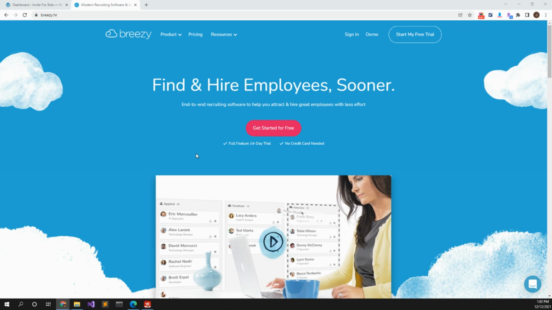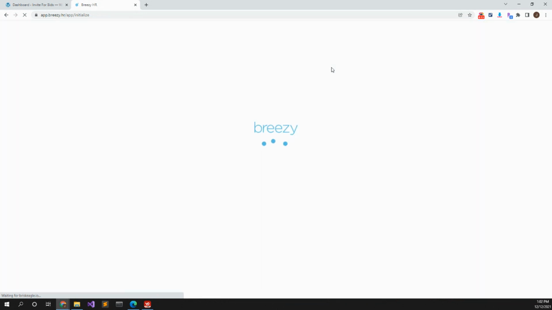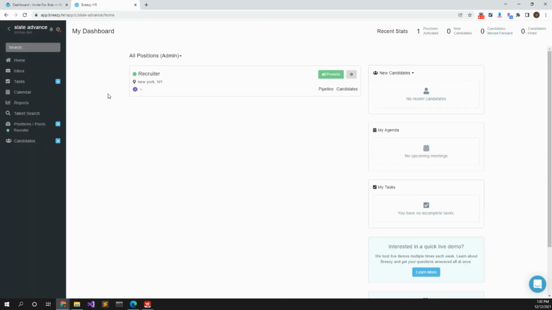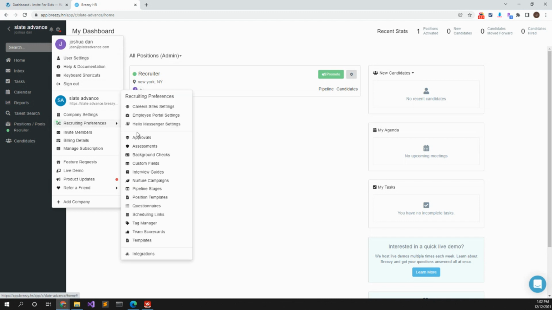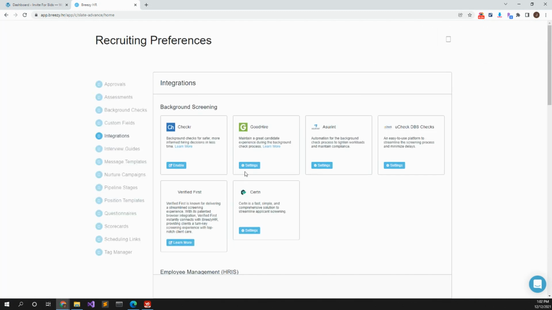This is a tutorial on how to set up your own custom jobs page with Breezy's ATS. So you click and sign in, and then we wait for it to sign in. All right, Breezy is signing in. All right, then you click on the gear icon on the top and go to Recruiting Preferences, go to Integrations,